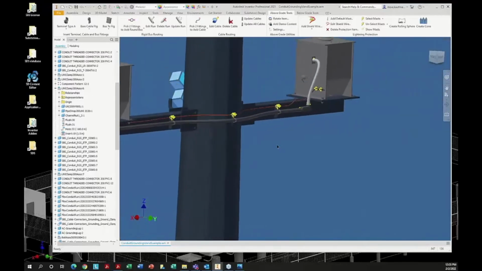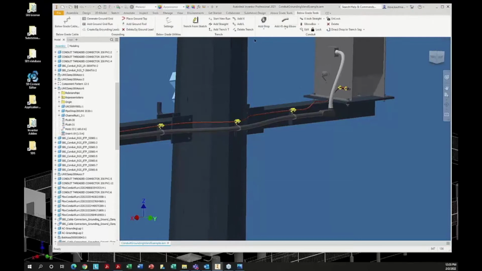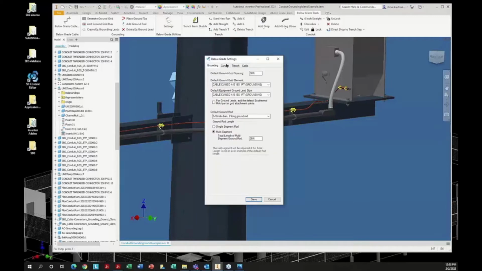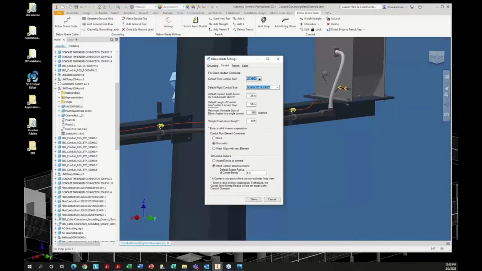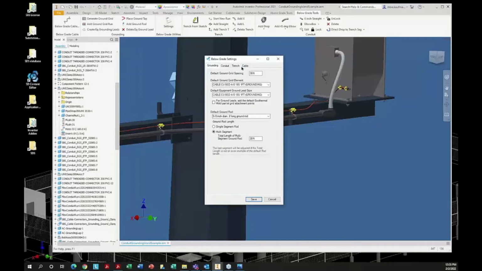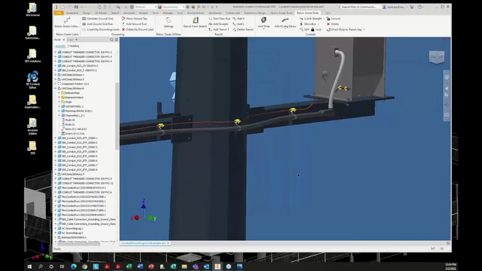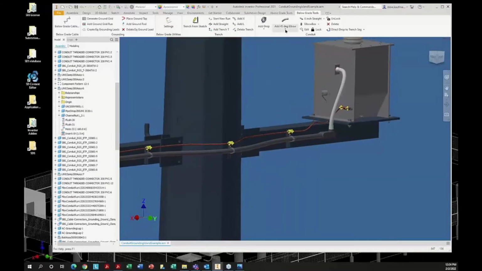So to run that flex conduit, if I was to run it again, I can just come up to my low-grade tools, settings, conduit, RMC2. I don't care about the rest. It's flex conduit. I'll hit save. And what it would do is just continue. Well, why don't I make it RMC large? And then I can always find it and delete it. Why don't we do that? Conduit, RMC large, about 4-inch, just for this example. Then I can start placing my flex conduit